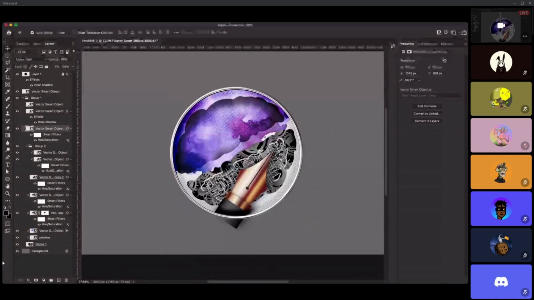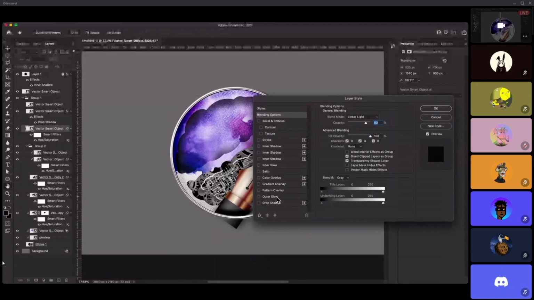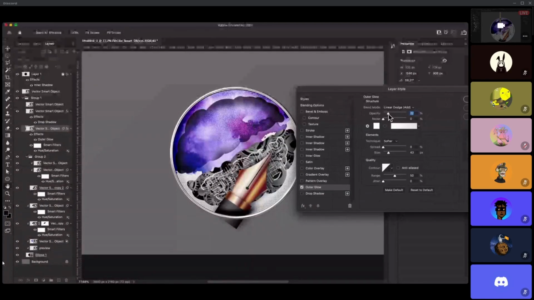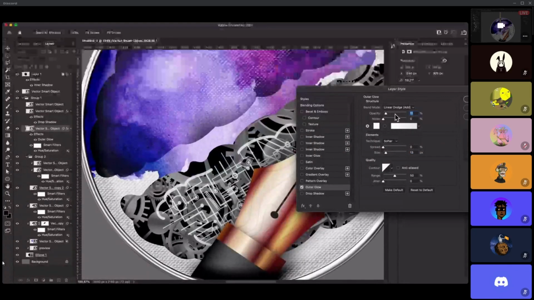These etchings can also be more interesting if I add a bit of glow to them. So I just double click on the layers again, I add outer glow, and they can have a bit of effect but not too strong. Remember, less is powerful, less is more. So it should just feel like, you can always go into details and check if it feels right. This is too much. Now if I go back somewhere around this line,